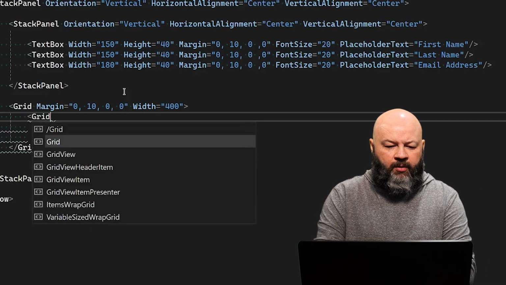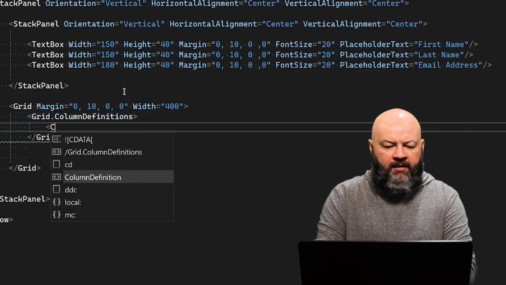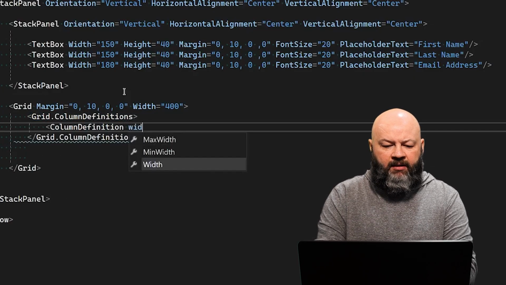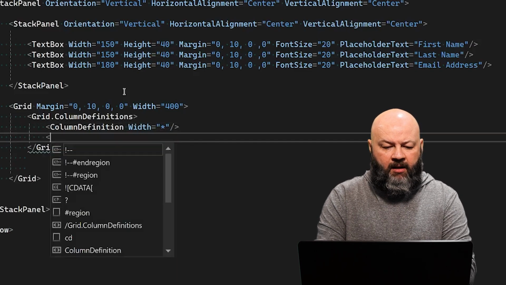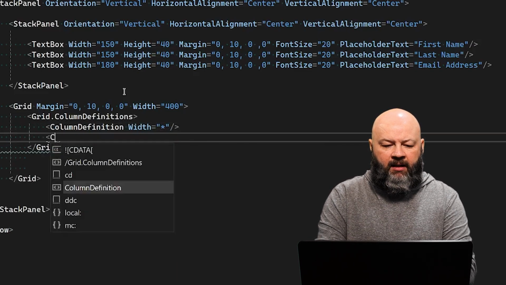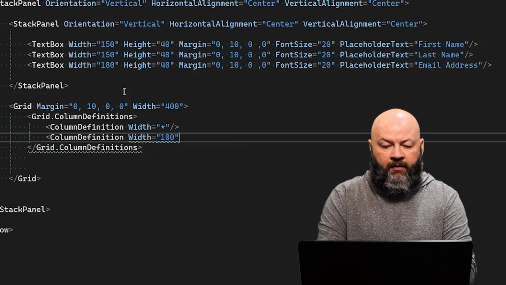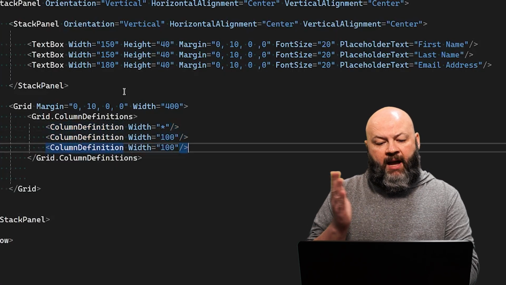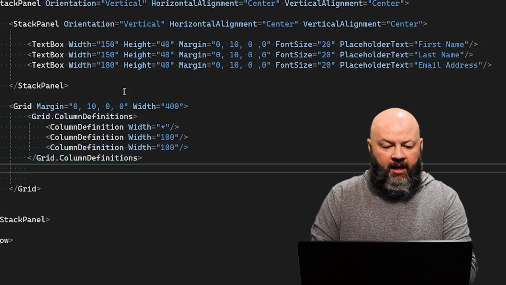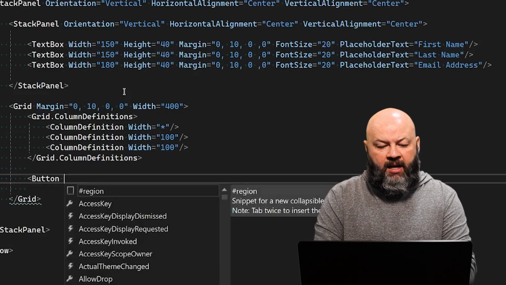So I'm going to do grid column definitions. Then say column definition. Say that first one's width is going to be star, so it'll be taking up most of the space. And then column definition, a width of, let's just say 100 for now. And I'm going to put 2 buttons over on that side of the screen. So I'll do 2 of those columns. And let's put in our button. So we've got a button here. We'll say